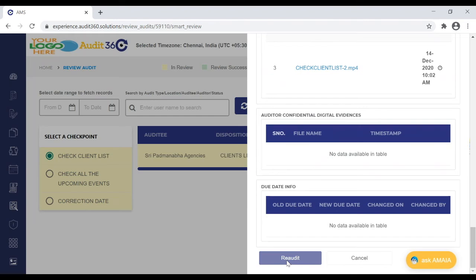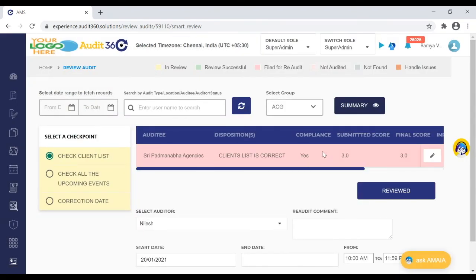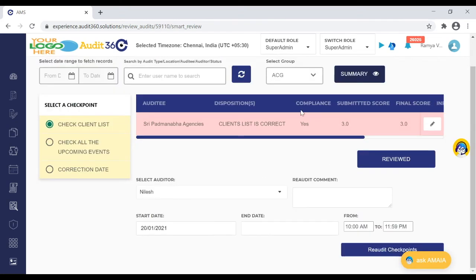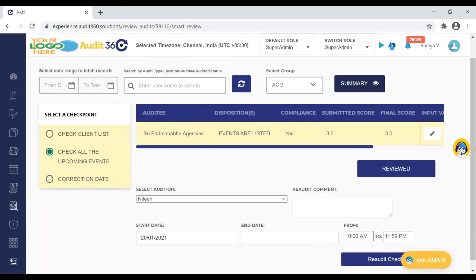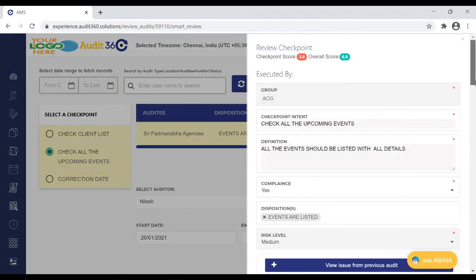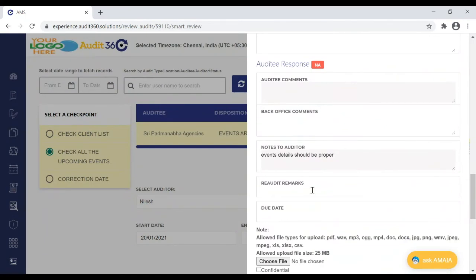The moment we click on re-audit, there is a color indication change stating that it is filed for re-audit, and then you can even schedule if required, if you want to do a re-audit of the checkpoints, or you can continue reviewing other checkpoints. Once all your checkpoints are reviewed, you can just do the schedule as well. So you have only one group, so I can even select one more checkpoint under the review for re-audit.